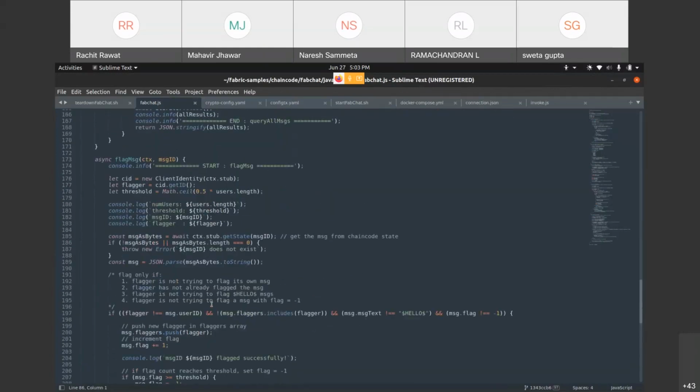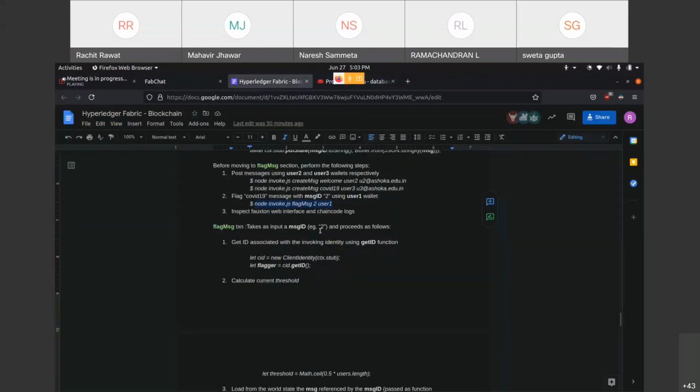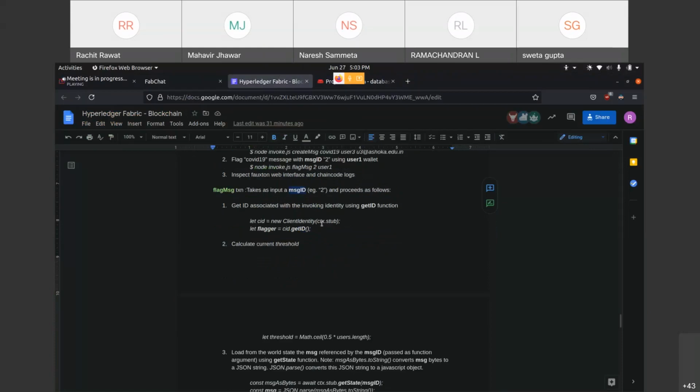This is the flag message transaction. It takes a single input, that is the message ID that is to be flagged, and proceeds as follows. Similarly to create message, the first step will be to get the user ID of the flagger. So this is the command to do that.